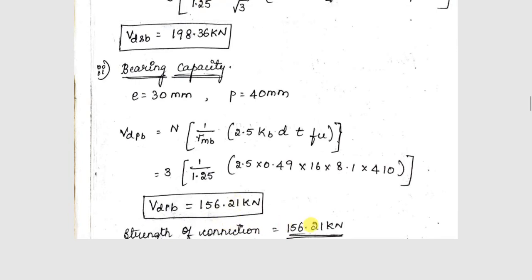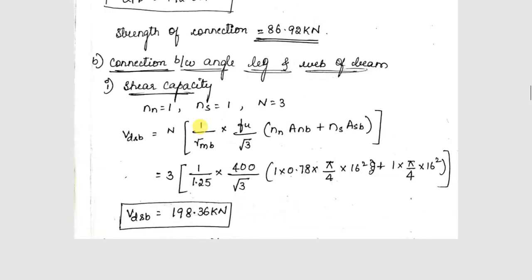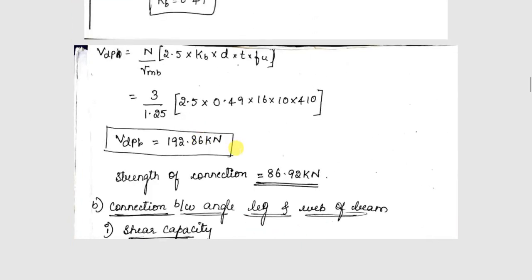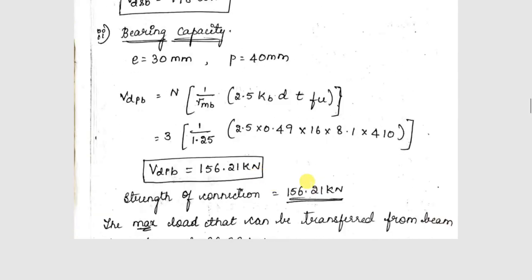So now the connection between angle leg and web can transfer a maximum of 156.21 kilonewton, and the connection between the angle leg and flange of column can transfer 86.92 kilonewton. Now he has asked to find out the maximum that can be transferred between beam to column or vice versa, column to beam. So we have to compare these two values: 86.92, the load that can be transferred from angle leg to flange of column, and 156.21, the load